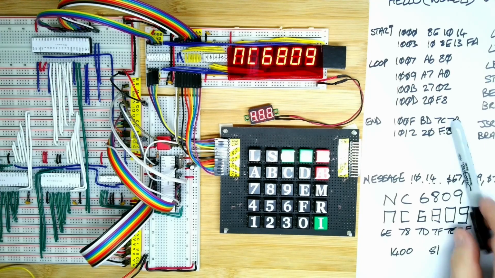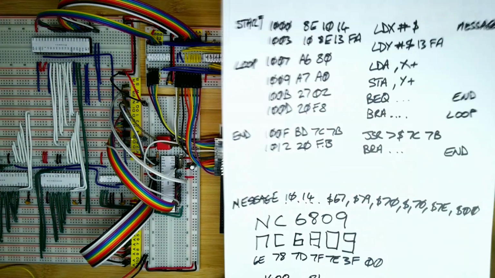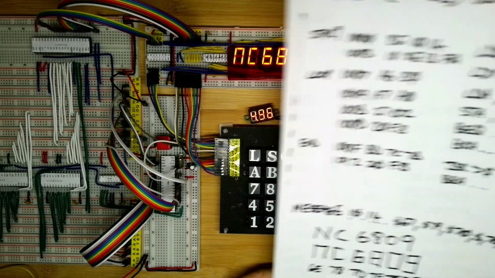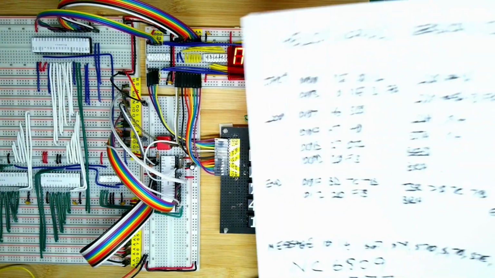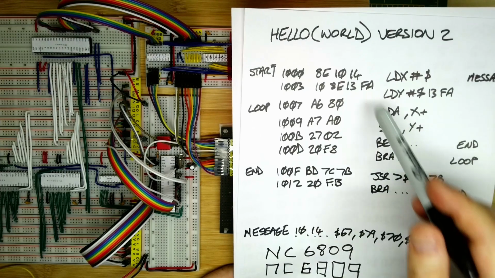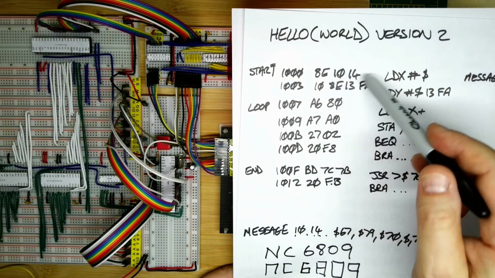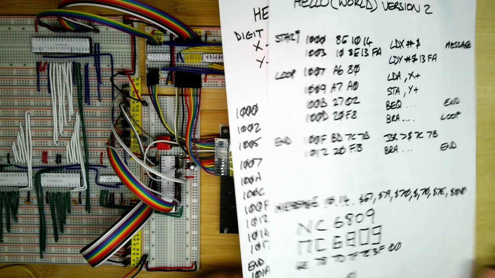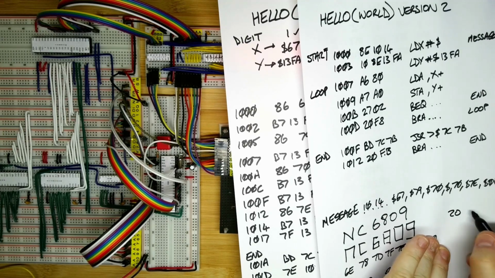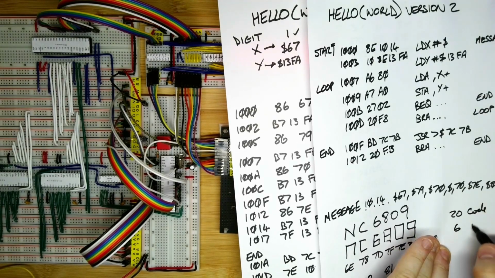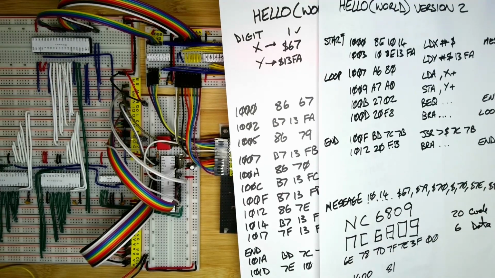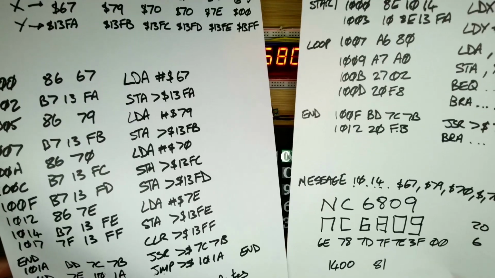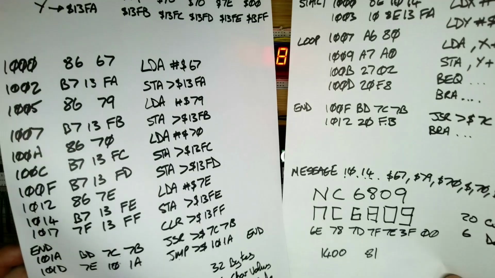So you can see that this approach to having the message separated out from the rest of the code does result in us having perhaps code that we can change more easily. And in fact, if we count out how many bytes this is, 1, 2, 3, up to 20. So we've got 20 bytes of code, 6 of data for the original hello. And if we compare that with the other one, that's 26 bytes in total. We had 26 bytes of code and 6 bytes of character values.